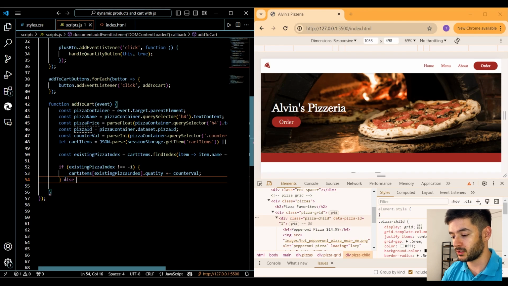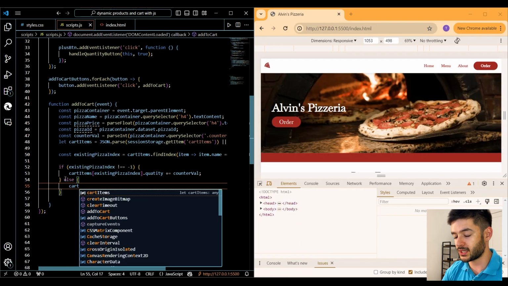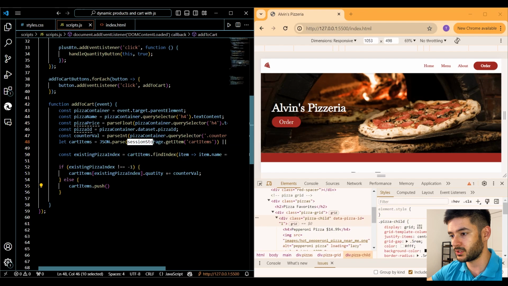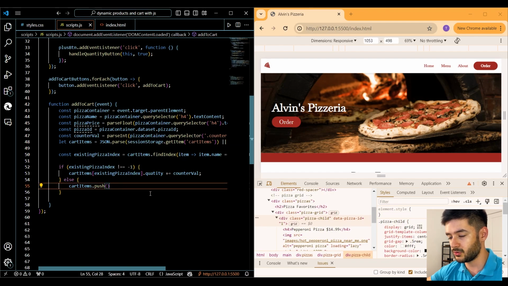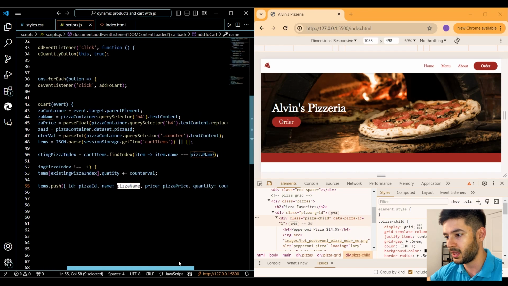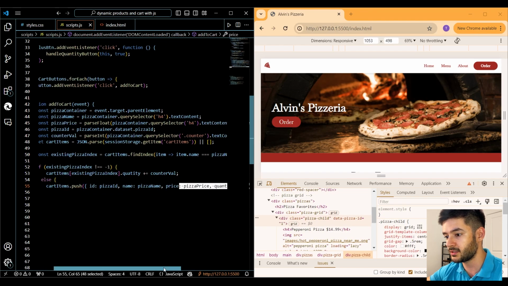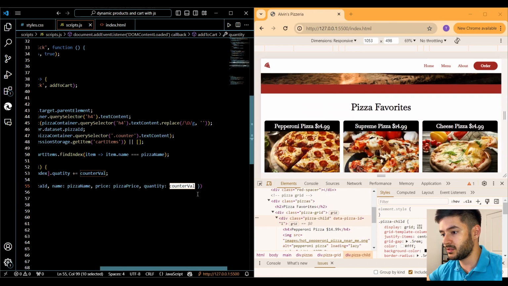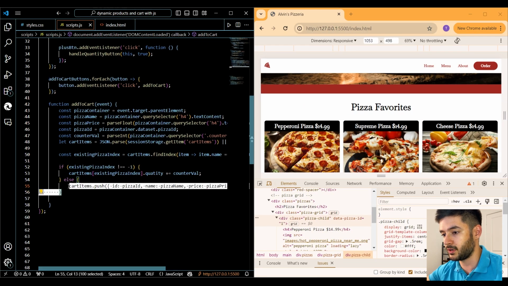Now what we need to do is include an else statement where we push our new item into our cart. So what we're going to do is we're going to use cart items.push, and again, this is storing it in our session storage here, and I'm simply going to copy and paste this for now. But what we're doing is we're adding an object, and we're adding an ID that is equal to our pizza ID, a name equal to our pizza name, a price equal to our pizza price, and then a quantity equal to the counter value variable. So the first time you select 1 pepperoni pizza, it's going to run this part of the function down here